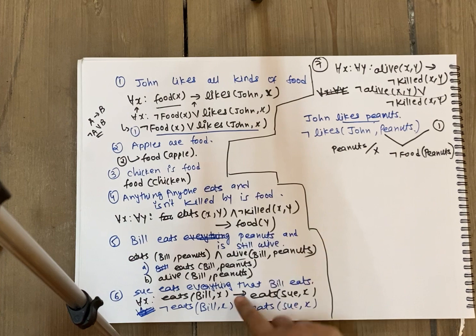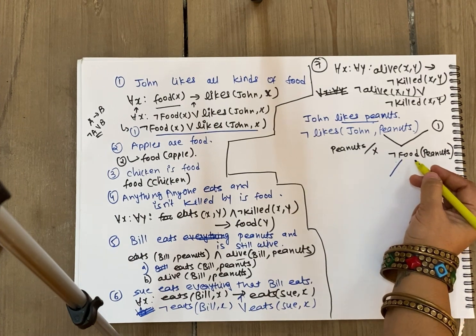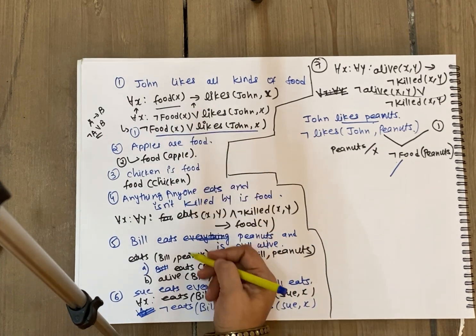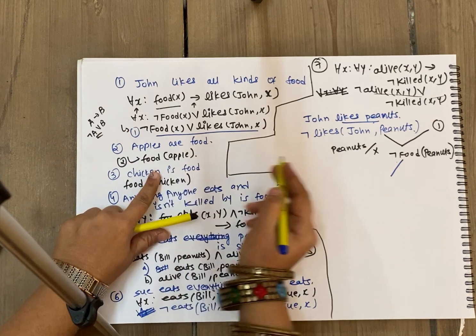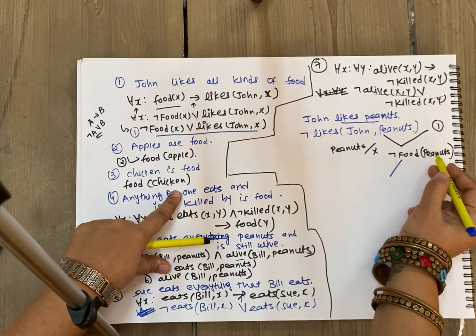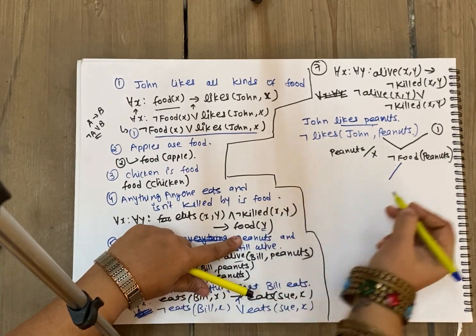So what you have to do now? You have to identify all the clauses and search for the opposite literal. What is the opposite literal? The complementary literal of not food is going to be food. So if we search for food, see, we have over here food, but it is food apple. So the predicates match, but the arguments don't match. Similarly, the predicate matches, but the argument won't match. We'll move ahead. Yes, over here, see, it is variable y.